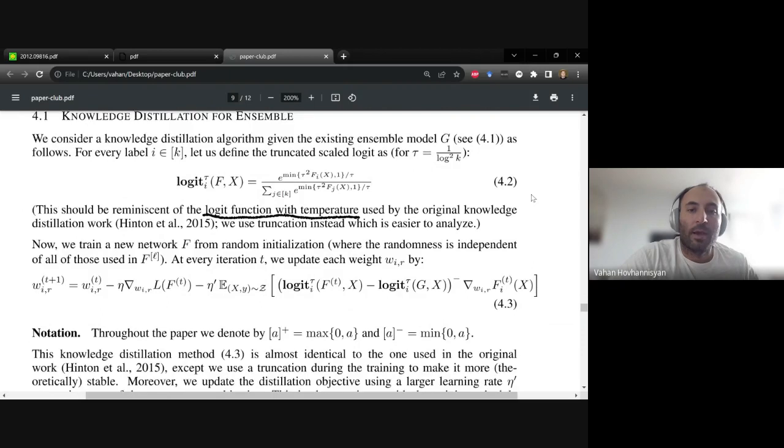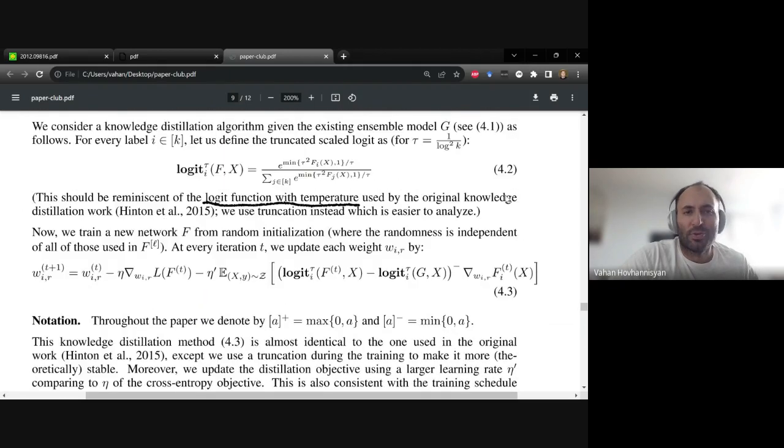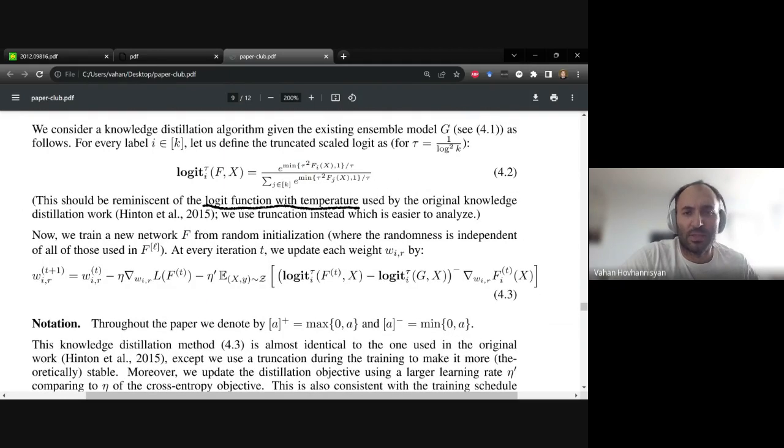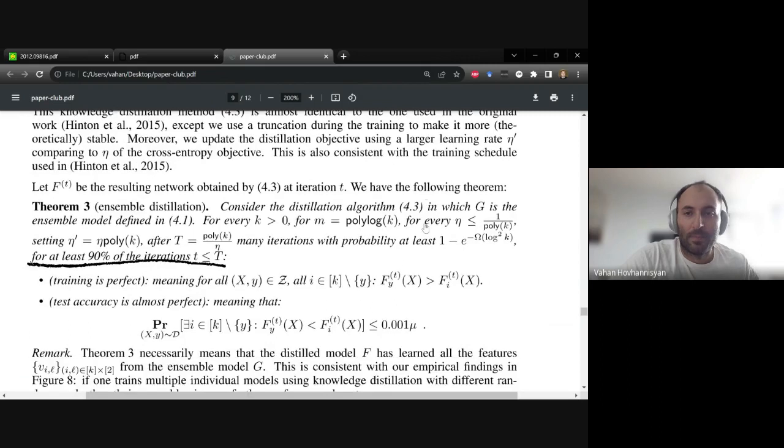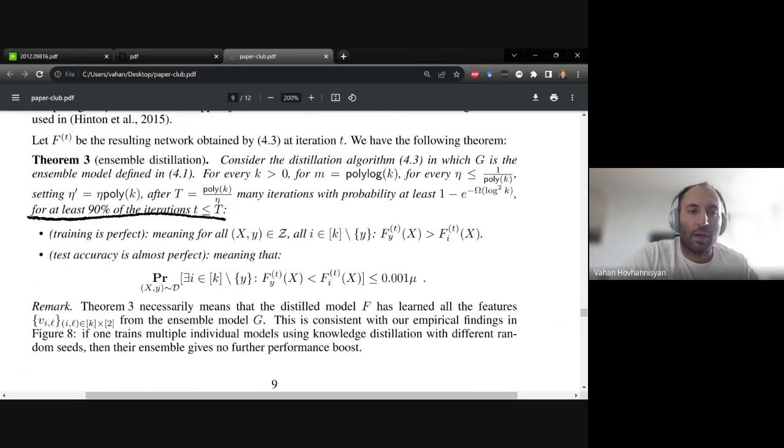And knowledge distillation. Here, for knowledge distillation, they use a version of the logit function, but the temperature version. There is this temperature scaling here, which is slightly different from the original distillation, but it's the same thing. They use it to make the theory nicer, because that way we can calculate the gradients and so on. But the important point is the last theorem,